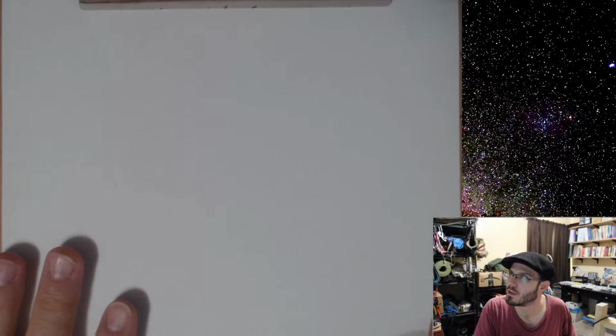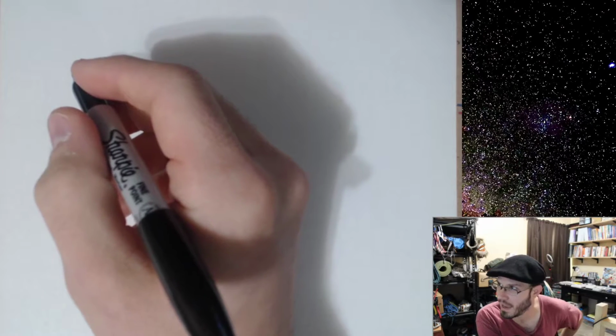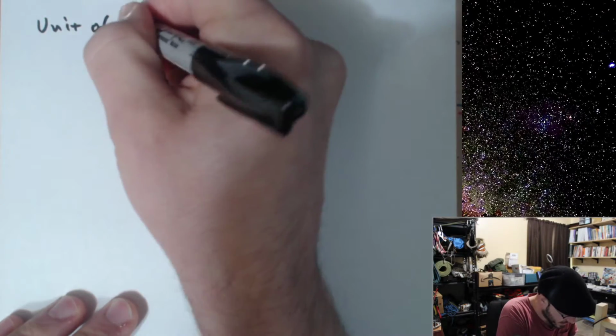Now, to describe how much energy you could store in this capacitor, in order to quantify how much charge you would build up on it, we have the unit of capacitance,